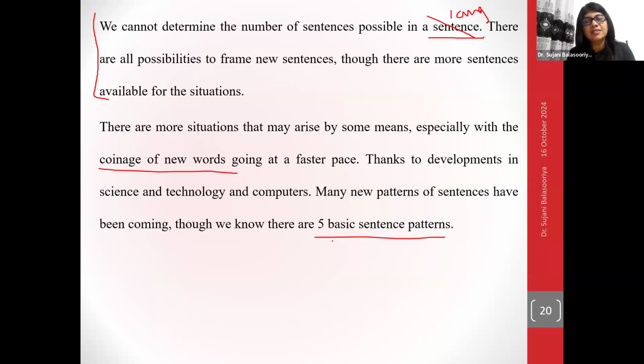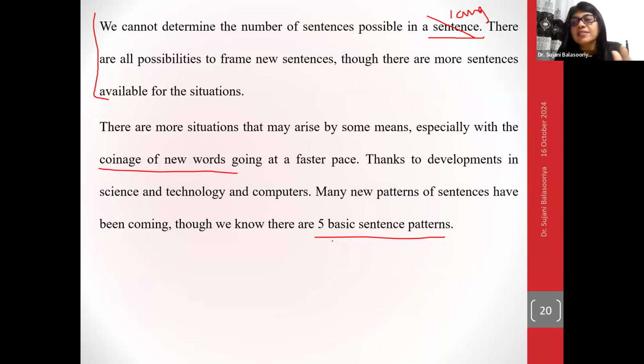Right? New patterns can be created based on the existing pattern. So the idea is we create new words, we coin new words, and we create new sentence patterns, right? These things are happening because human languages are productive. But still, although we create new words, new sentences, new phrases, even new sentence patterns, underneath all these new expressions there is this rule governed nature, right? Everything is rule governed. Everything which we create anew is rule governed.